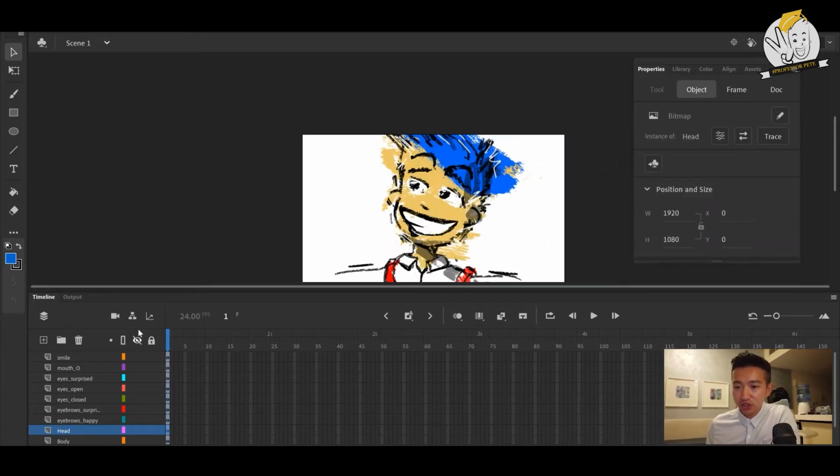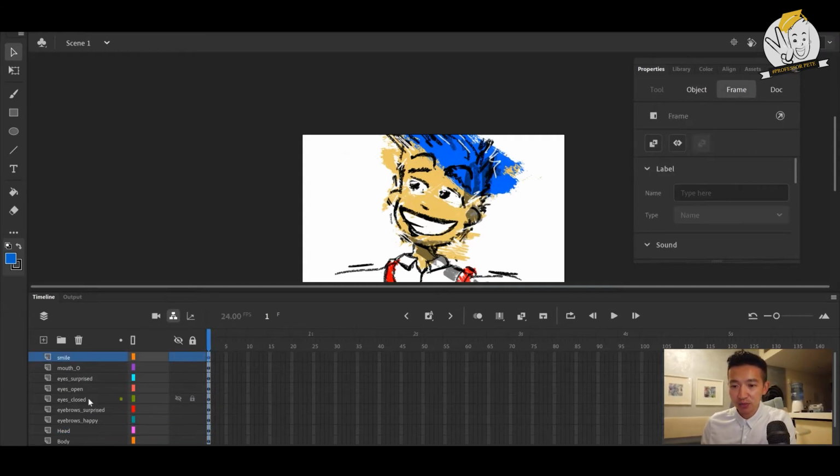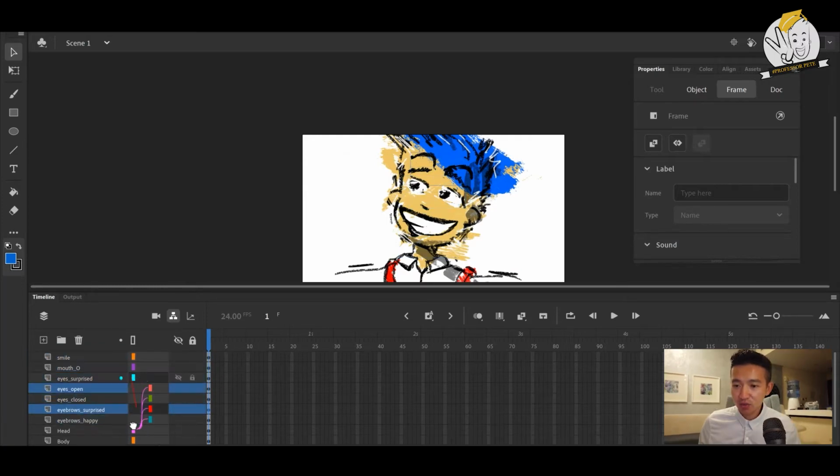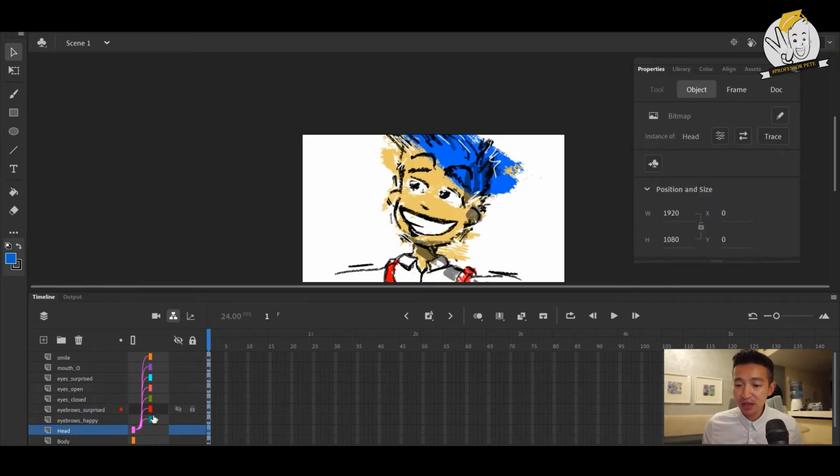In order to do this, we need to turn on a new feature called Show Parenting View. We're going to parent the smile, mouth, eyes open, eyes closed, eyebrows, all the way to the head. Select one and then have the rest parent to it, and there we go. Everything is parented to the head, so now when we move the head around, everything else moves along. So that's pretty good. And then the head can parent to the body,